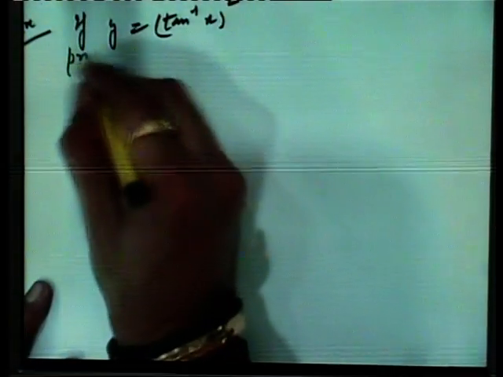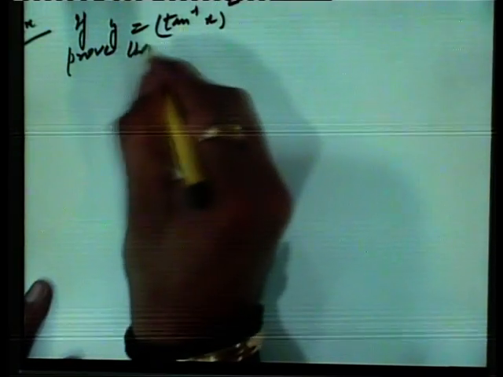Let us take another example of a similar kind, but a different function. If y is equal to tangent inverse x the whole square, then prove that